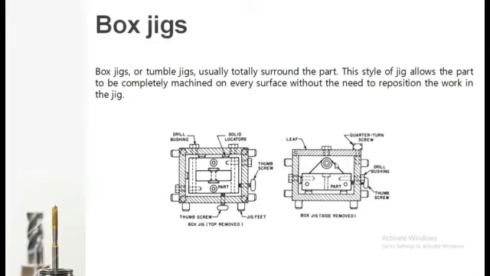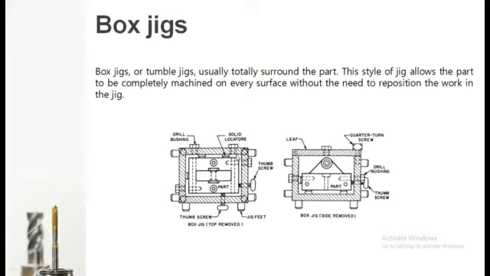Now here you can see that there is a leaf which is placed at the top, in the figure on the right hand side. Now what does this leaf do? As your quarter turn screw is present, whenever you remove that quarter turn screw, that leaf can be removed and the component can be removed, or else you can directly slide in the component and locate it with the help of the thumb screw. What is the function of the thumb screw? Whenever you tighten the thumb screw, this holds the workpiece correctly at the desired location, and so the drilling operation can be carried out accurately.